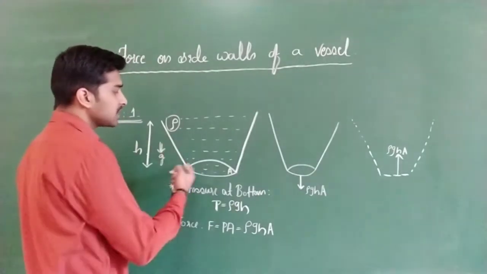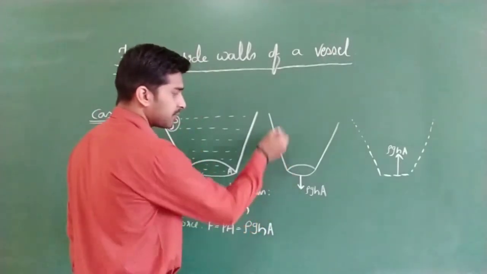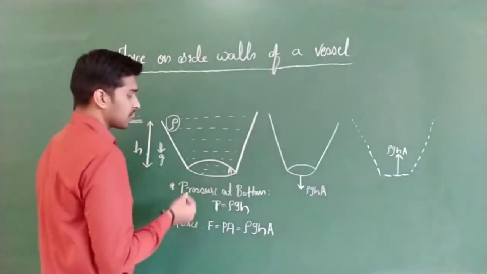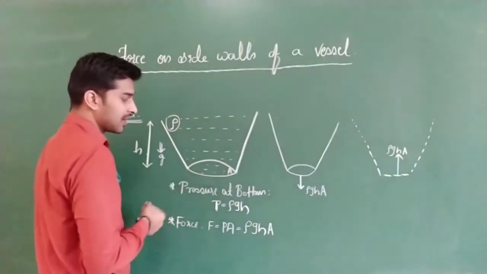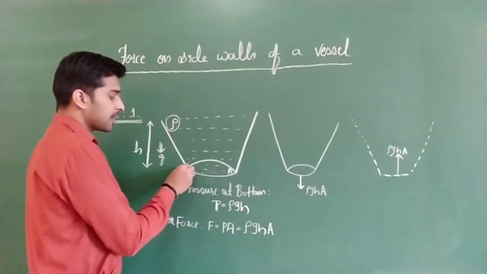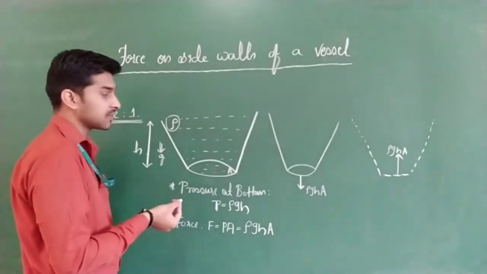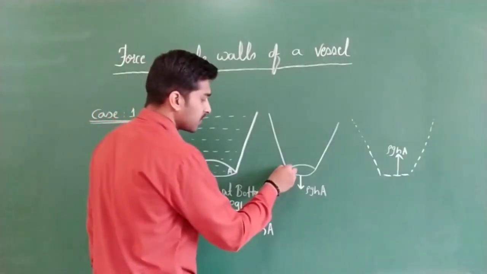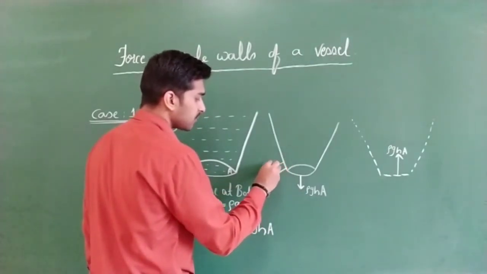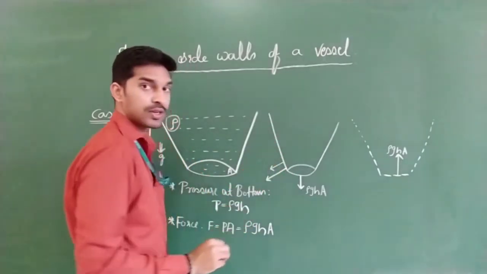On the side walls completely, what will happen here? At maximum depth, let us consider here, then I will draw. This is filled completely with liquid. At this complete depth h, pressure is maximum. Correct? Pressure is maximum means force is also maximum. That means we are going to get the force direction in this manner. Here is maximum force; as height decreases, this force value will also decrease, correct now?